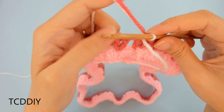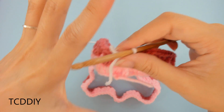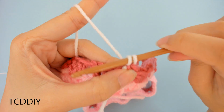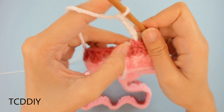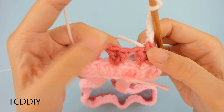So what we're going to do from here is we're going to start doing a little bit of an expansion just so that it can increase a little bit. So what we're going to do is start off with a chain out of 5. 1, 2, 3. The first 3 count as a double crochet. Chain out an extra 2, so 5 in total. And from here we're going to prepare for a double crochet,